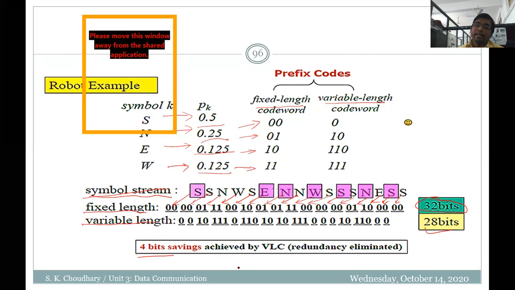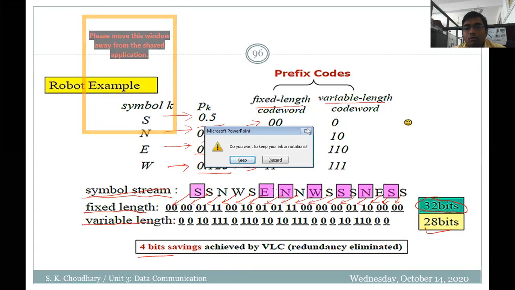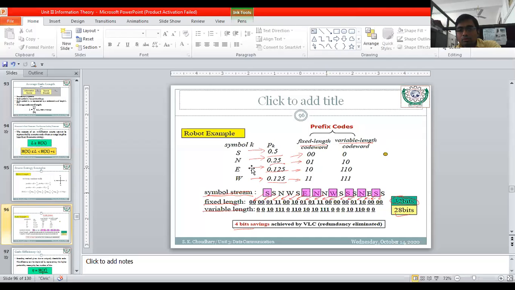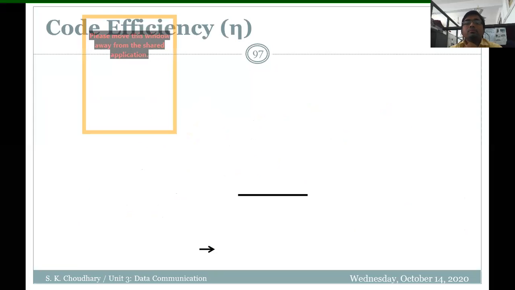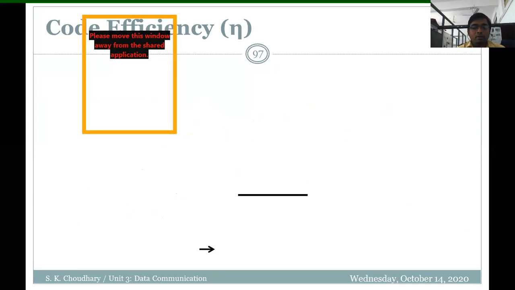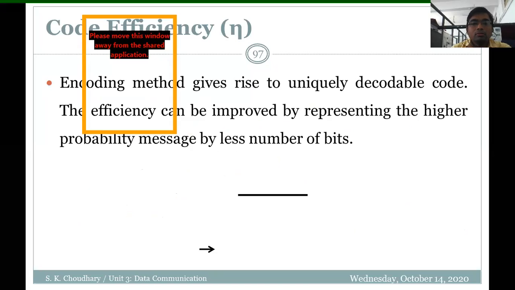So in this way we can say that variable length code word is preferred over the fixed length code. Okay, so now we have to learn the next point, that is coding efficiency. So if you are going to calculate the code efficiency, what is the phenomenon behind it? We use the encoding methods that give rise,